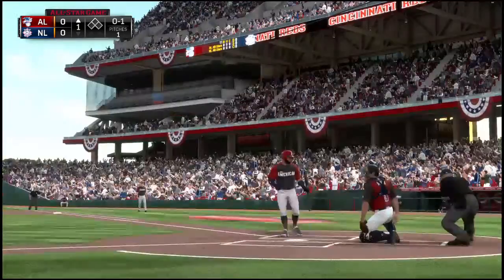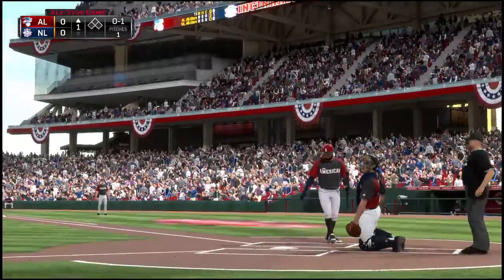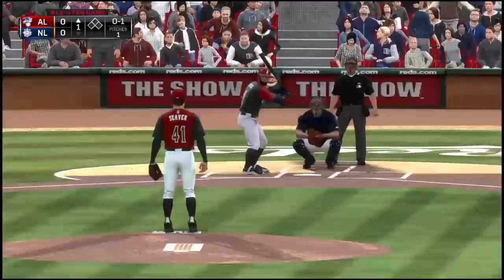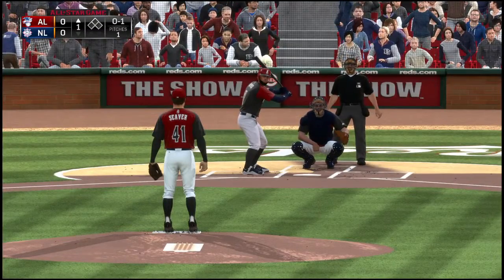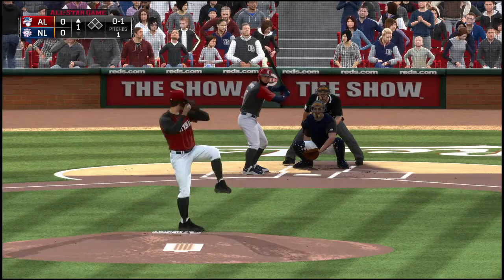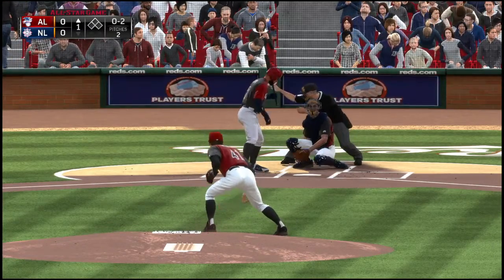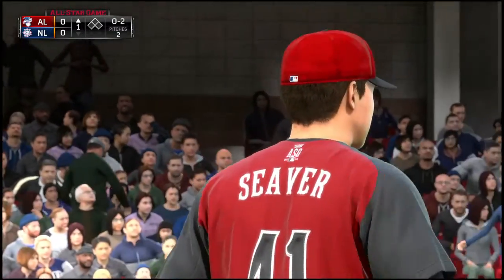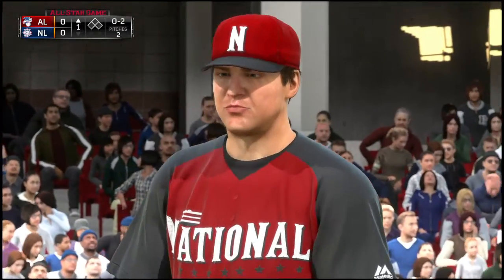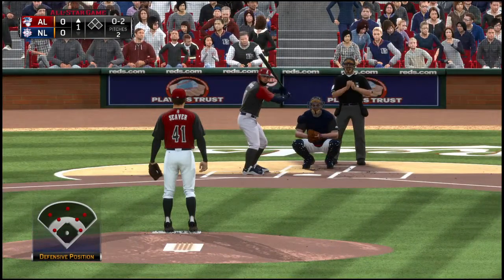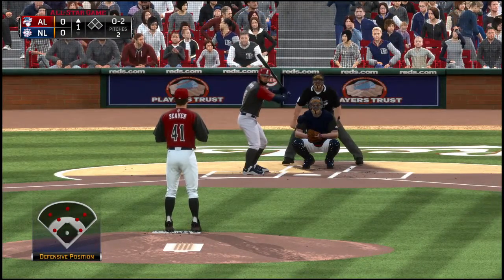Now the bunt attempt hits him here, but they're going to say he offered at it, and that's the first strike. Yeah, and when you're looking to run up and catch him by surprise, you're hoping it's going to be a fastball. Because when you get an off-speed pitch, it really kind of throws your timing off. On a good curveball. Came back to catch the strike zone there, and it's 0-2. Showing off that curveball early on here, and it's a pitch that he's going to need. And these first couple look like they're breaking pretty good.